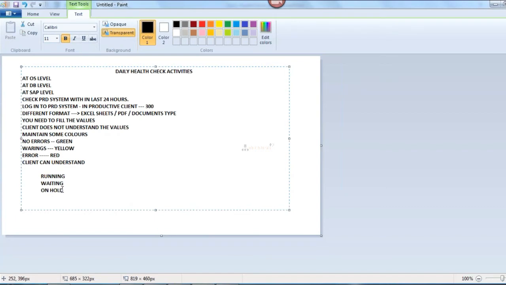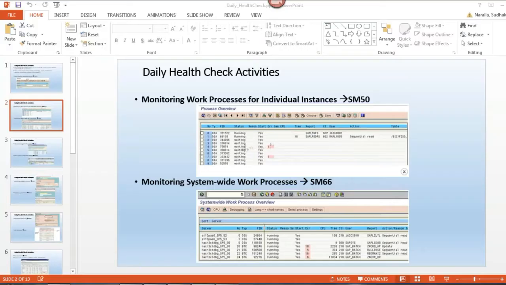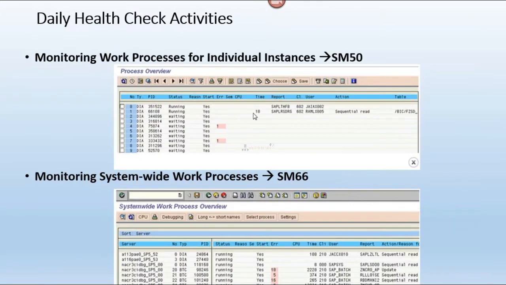So what does on hold mean? For example, this work process, dialog work process 1, is running and its status is on hold. What is meant by on hold?